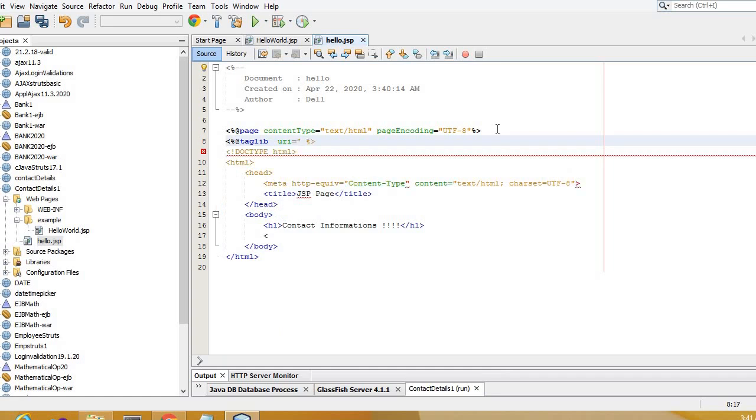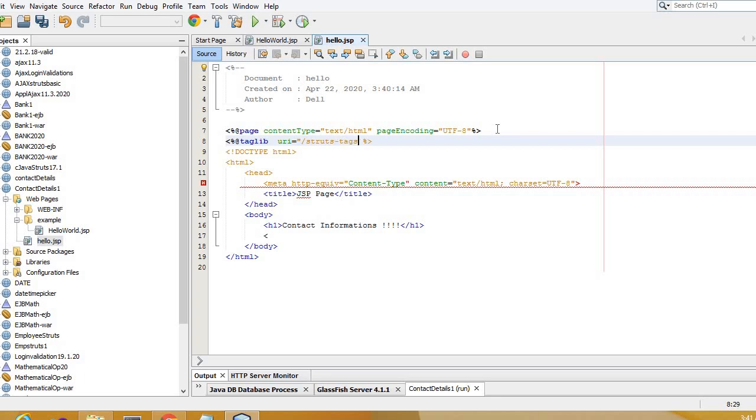URI is equal to struts tags, and we will give the prefix to it as s. Okay, the prefix is given as s.